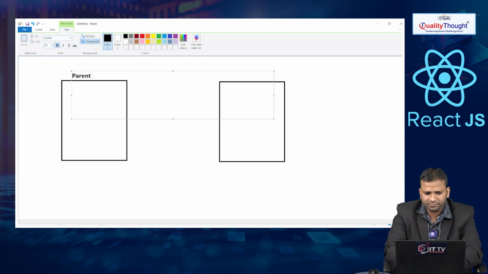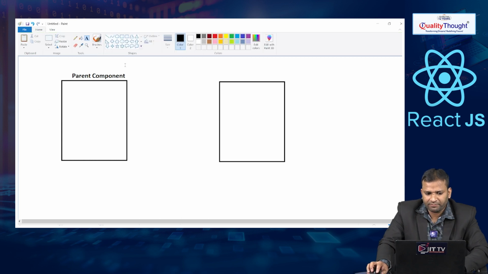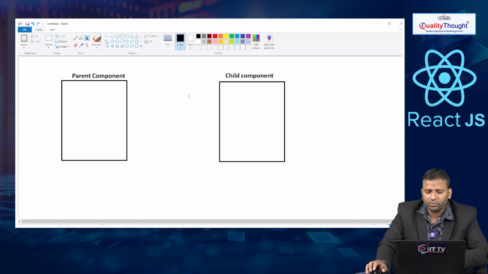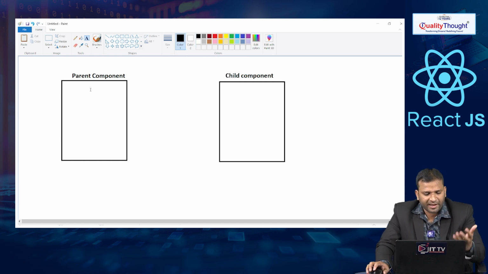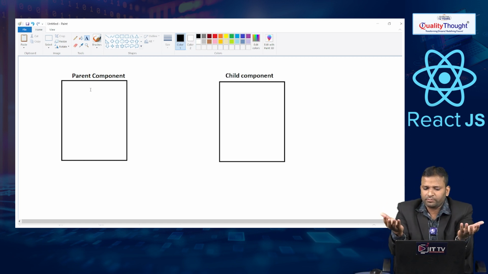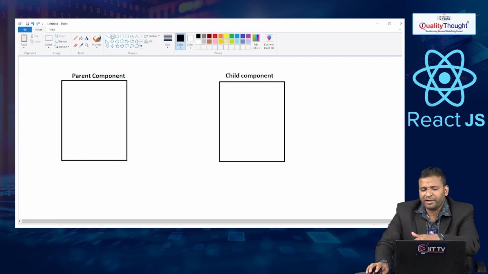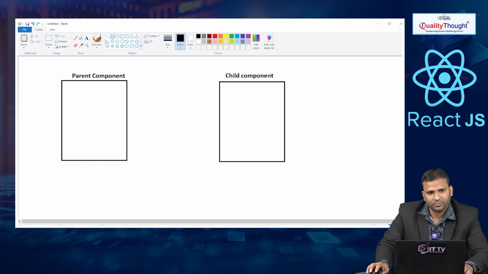So here is my parent component and here we have a child component, because I told you in React, Vue and Angular we are developing components only. So in React I am creating one parent component, I am creating one child component. One-way data binding means unidirection. Unidirection means only the parent is giving the data to the child. That is known as